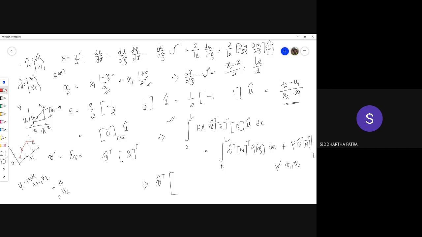Okay. And if there are more nodes involved between 0 and L, you can put V3, V4, etc. So now we are not looking at the arbitrariness of V as a function, but the values of V1, V2, V3, V4, etc. Which is the arbitrariness of a set of values,